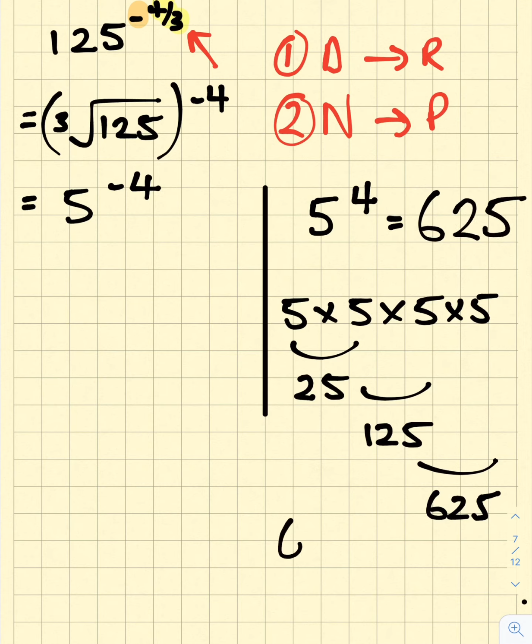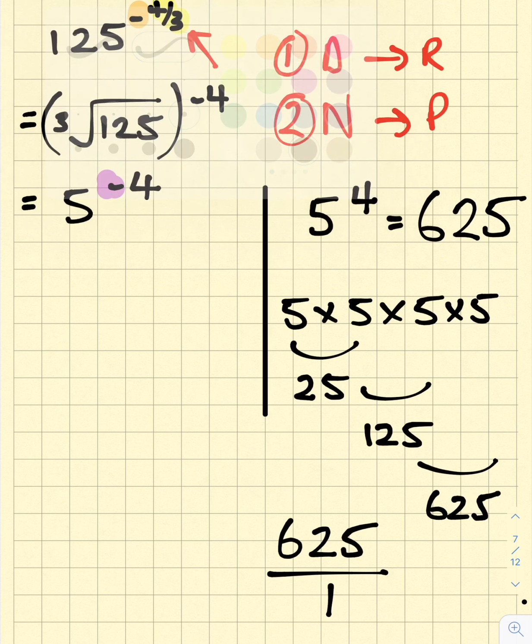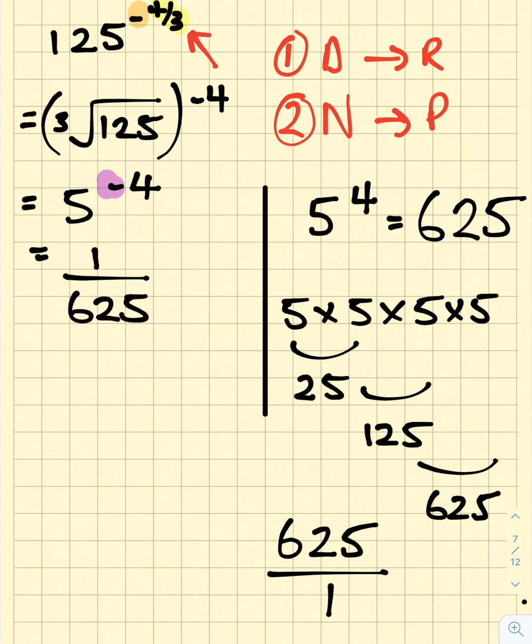Now, 625, we know, can be written as a fraction as 625 over 1. But as we have a negative power, we need the reciprocal. And the reciprocal of 625 is in fact 1 over 625, because if we flip the fraction, 625 over 1, we get 1 over 625. And we can double underline the answer to confirm that that is our final answer. So if you're unsure, you can rewind the video and watch it again. So we've taken a look at examples from negative powers, fractional powers, as well as a mixture of the